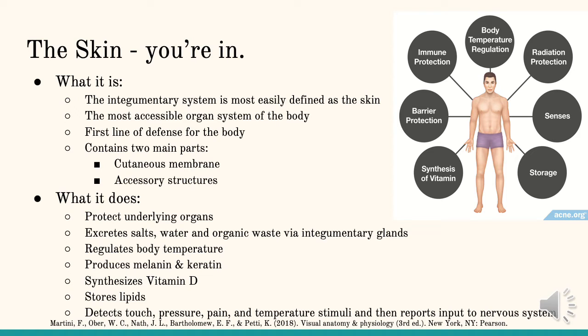The functions of the integumentary system include protecting underlying tissues and organs against impact, abrasion, fluid loss, and chemical attacks; excreting salts, water, and organic wastes by integumentary glands; maintaining normal body temperature through either insulation or evaporative cooling as needed; producing melanin, which protects underlying tissue from ultraviolet radiation; producing keratin, which protects against abrasion and serves as a water repellent; synthesizing vitamin D, which is a steroid that is subsequently converted to calcitriol, a hormone important to normal calcium metabolism;